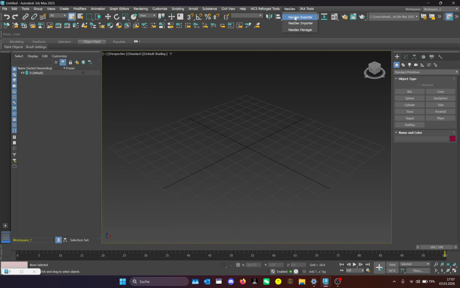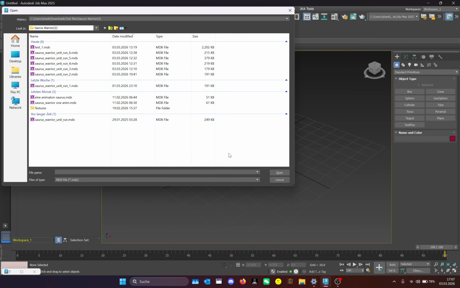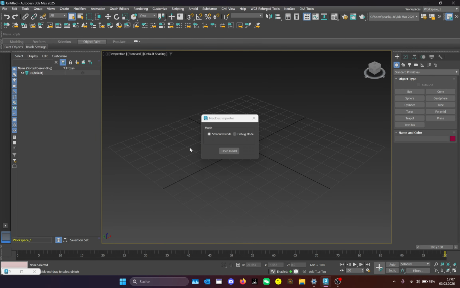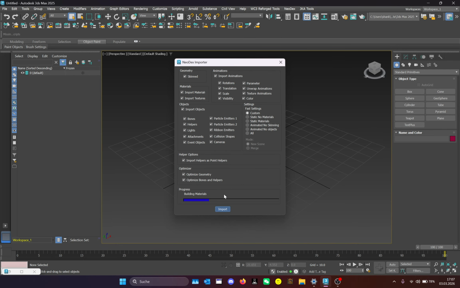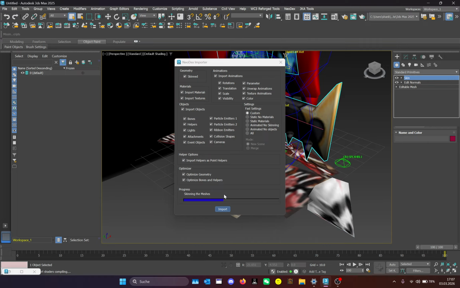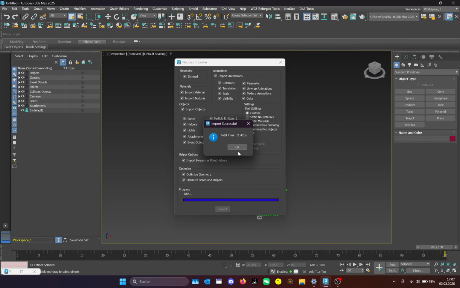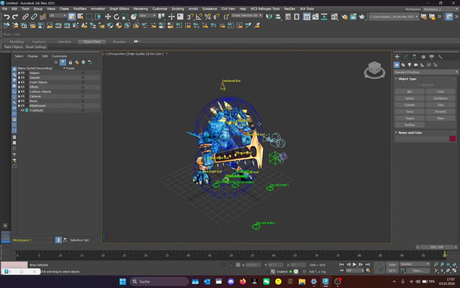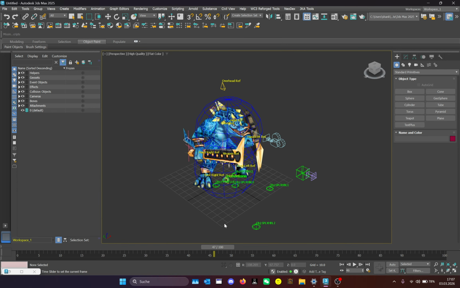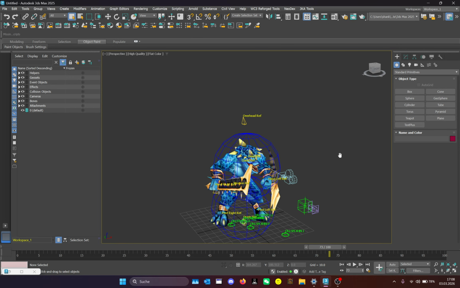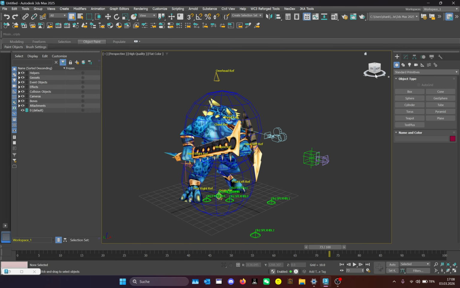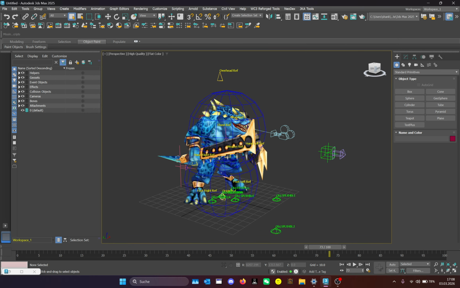So I think we're going to start by importing a model, because I was able to decrease the import time by a lot. As you can see right now, it should take about 5 up to 100 seconds, depending on the model and how big it is. Right now it took me 11 seconds for this model. So as you can see, I imported it very quickly, and inside are some new things like the new